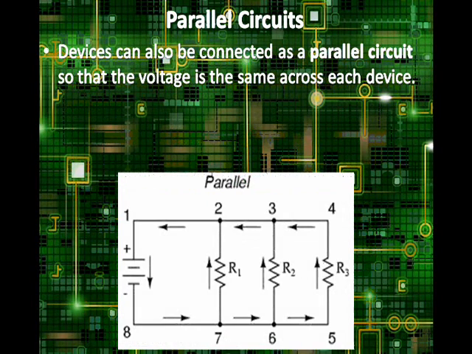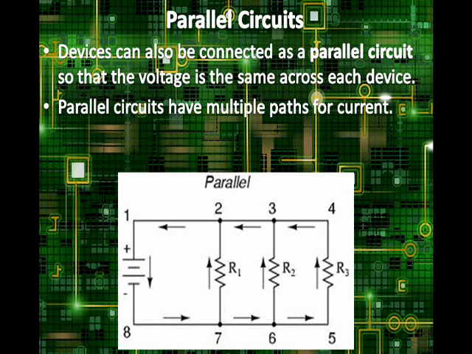Now, parallel circuits. Devices can also be connected as a parallel circuit, which we've talked about, so that the voltage is the same across each device. So if you had 3 light bulbs, they wouldn't have to share voltage in this instance. They could actually have the same voltage. Now, parallel circuits have multiple paths for current. As you can see in the picture below, it actually has